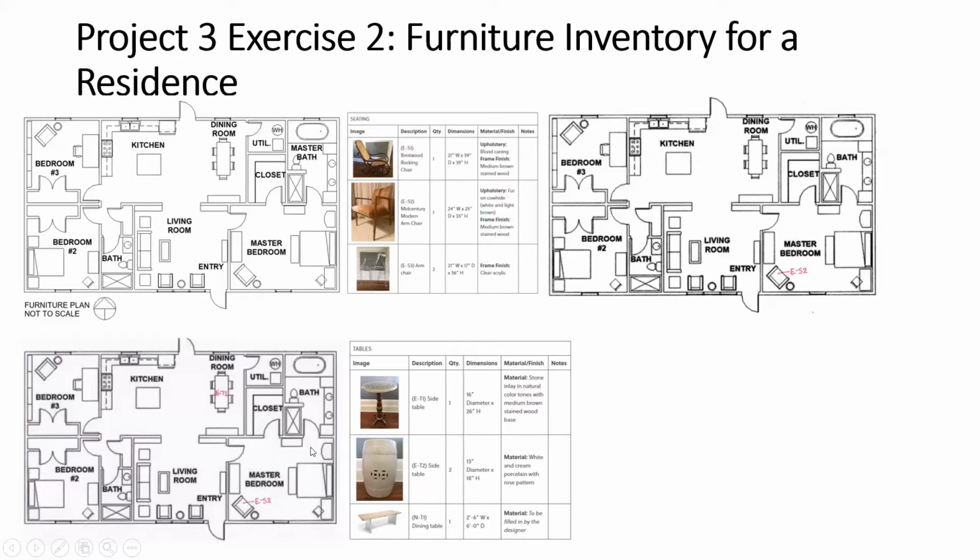So you've been provided some resources for online websites that you can use in order to select furniture. And then you're going to put the photograph of the piece of furniture in your furniture inventory within the right category, whether it's seating or tables or storage. And then you're going to write the furniture designation here in this column, how many pieces you need, and the dimensions of the piece of furniture that you're going to place in there.